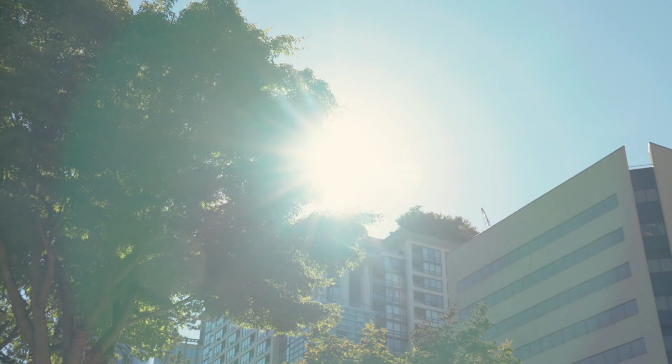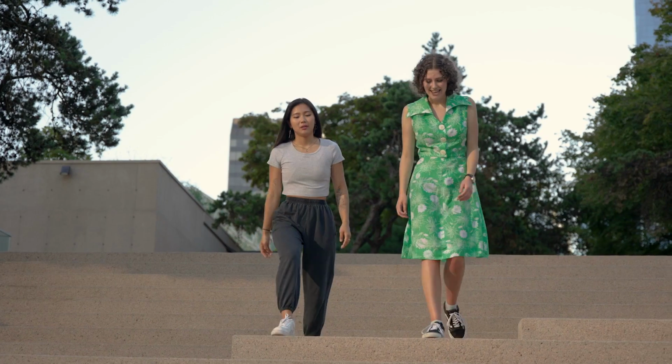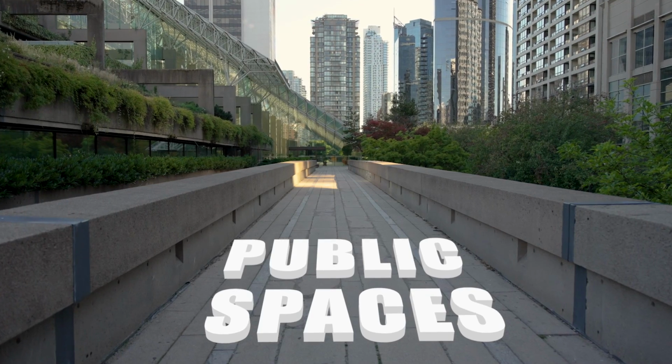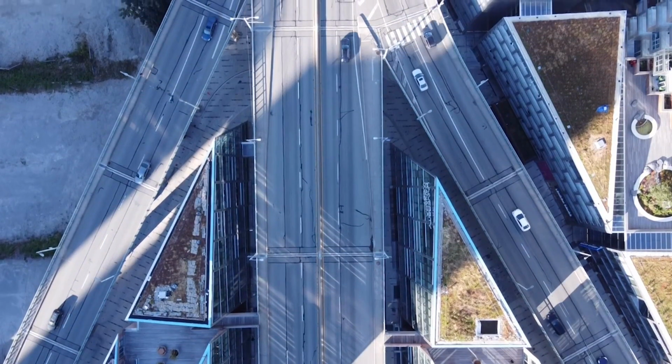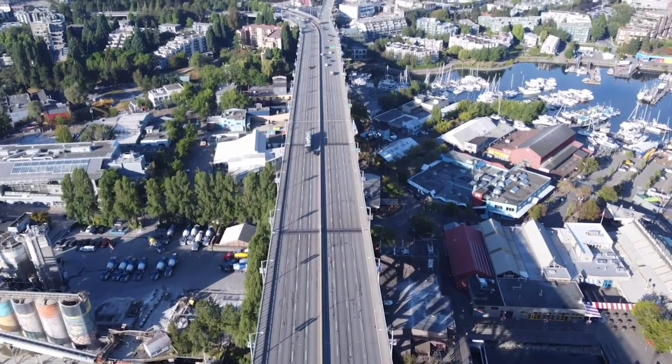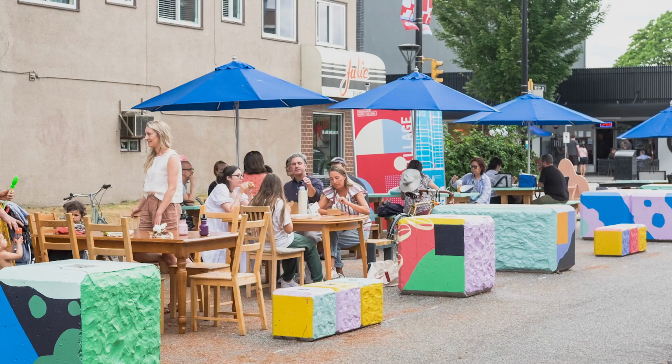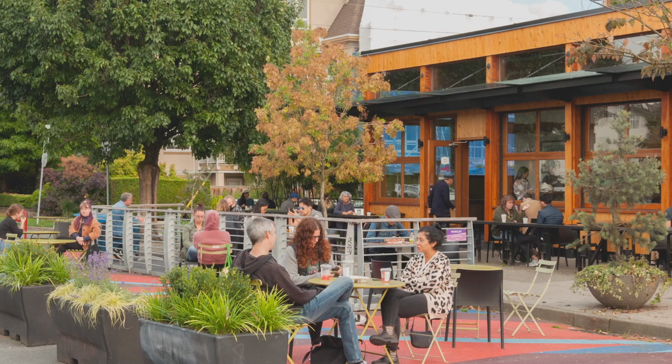Biophilic design doesn't just improve the city, it can also improve the lives of the people who live there. In Vancouver and many cities across the world, I feel that modern planning ideologies have allowed cars to really invade every available space. And a lot of the work that I do is actually taking those spaces back, converting them into plazas, and slowly teasing them into what we hope to be